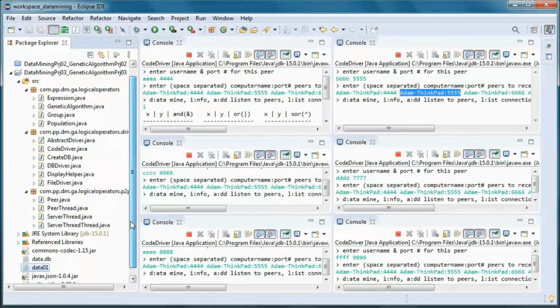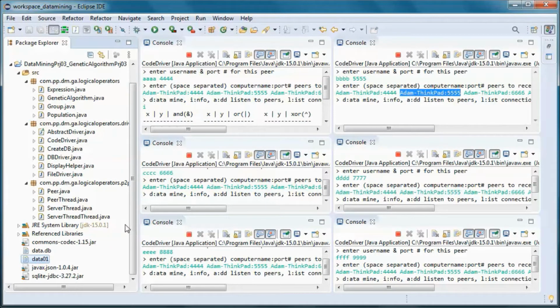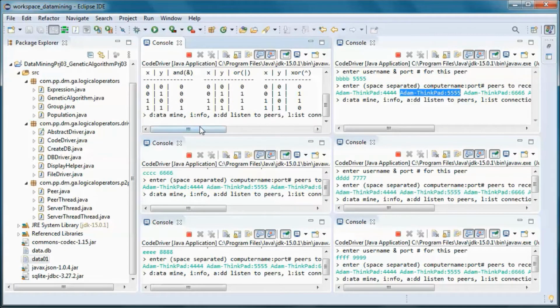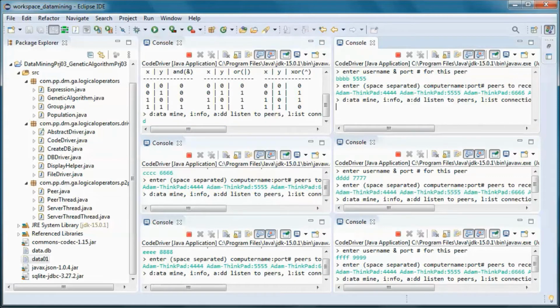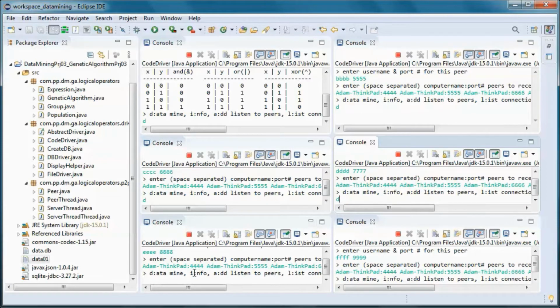So we want to produce a formula that ends up giving us the calculated result equal to the expected result.